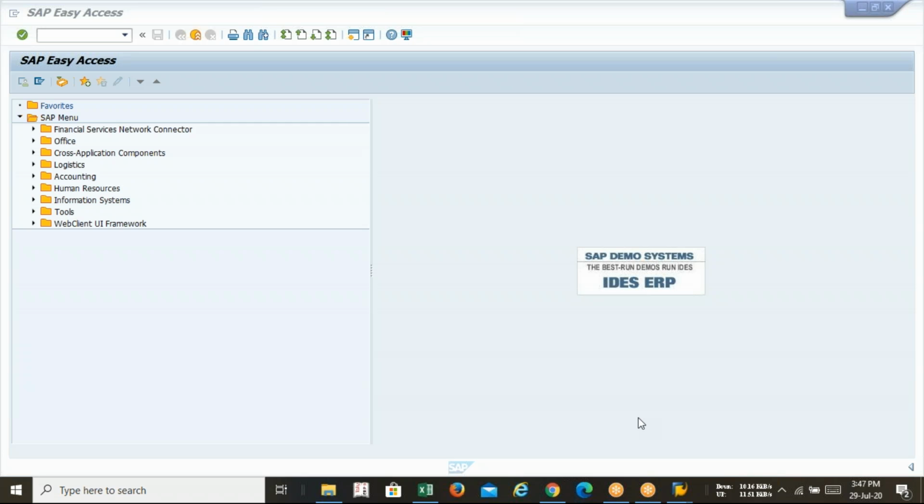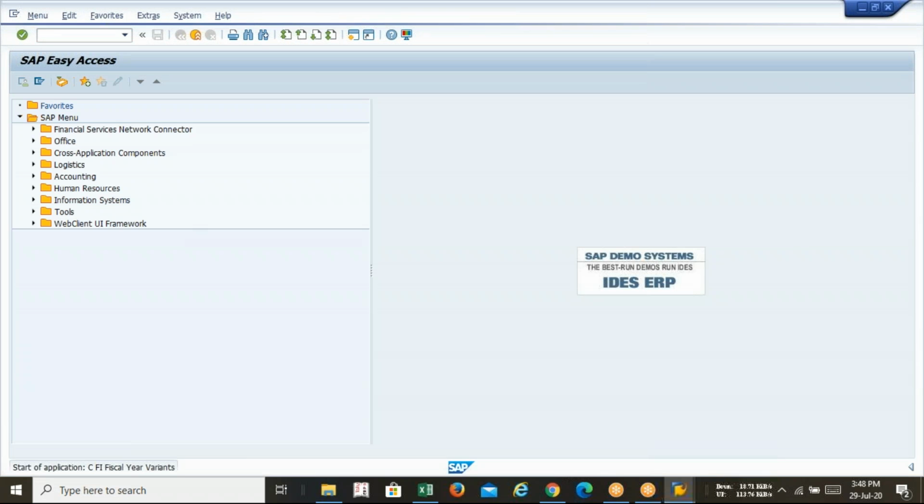So which one did you create? The fiscal year variant. Copy it, na. Just copy from V3. No need to create a new one. For the time being, you just copy from V3. Yes, but just for practice purposes, I'll do it, sir. Do not waste your time on petty configuration like fiscal year or posting variant. It's not a big deal.